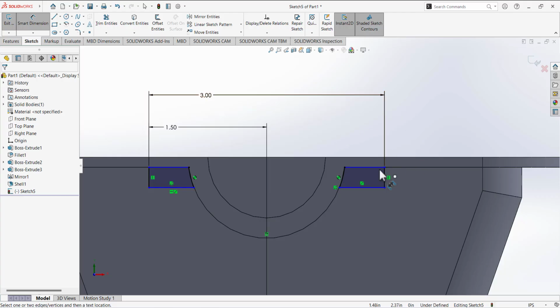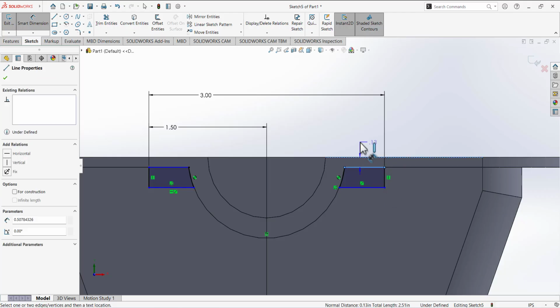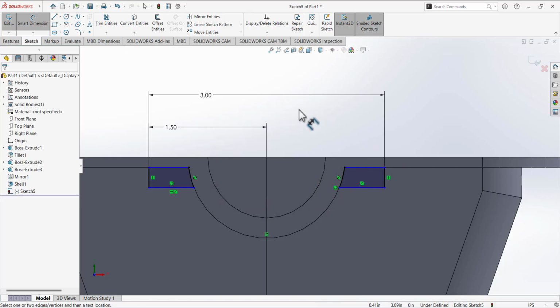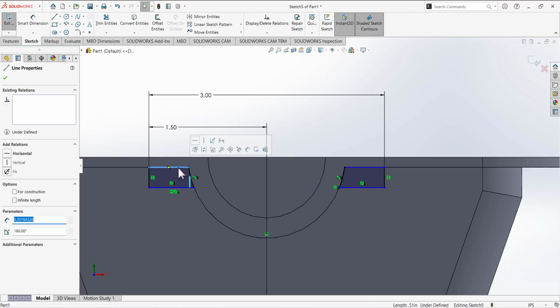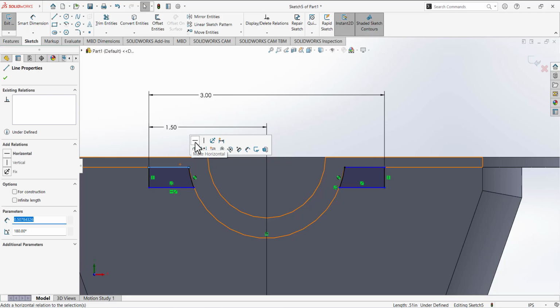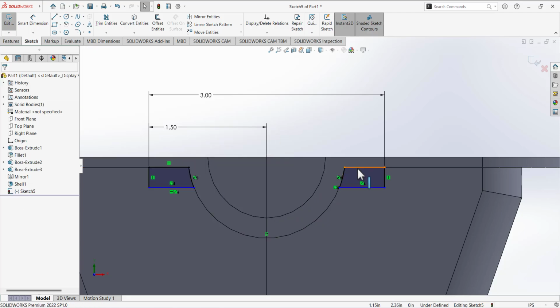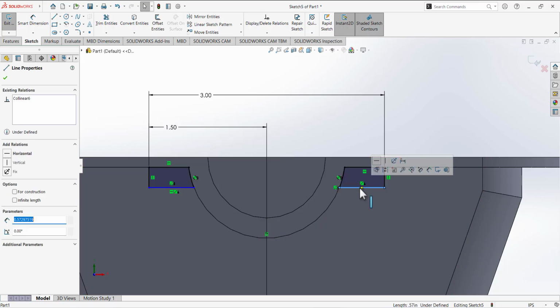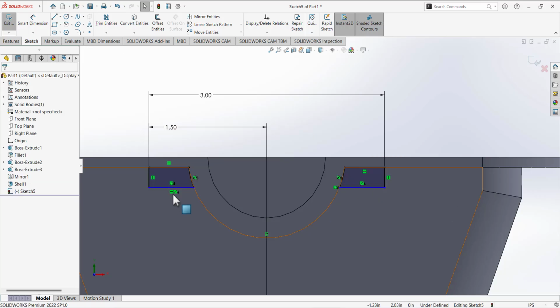If you delete it, the dimension will also be deleted. So we trimmed this line, that's why the dimension was removed. Okay, now you know from this point to this point we have this dimension. It's not fully defined. So select this line and make it a horizontal line if this is not defined, and again select this line and make it horizontal. And in the same way select this line,